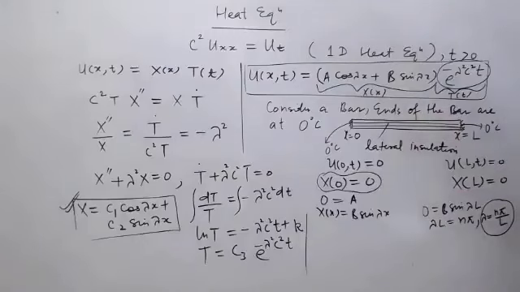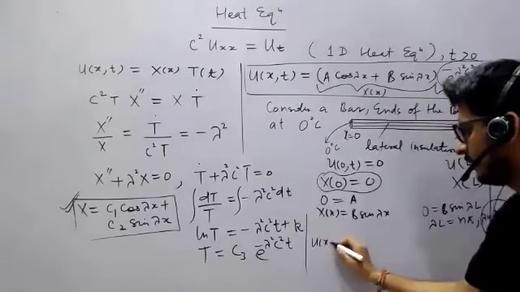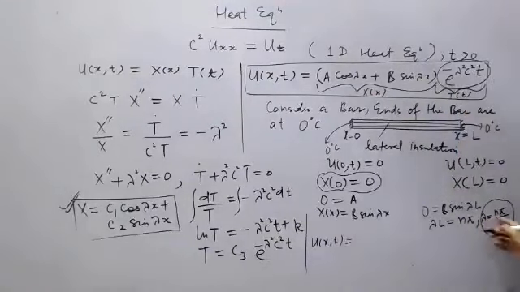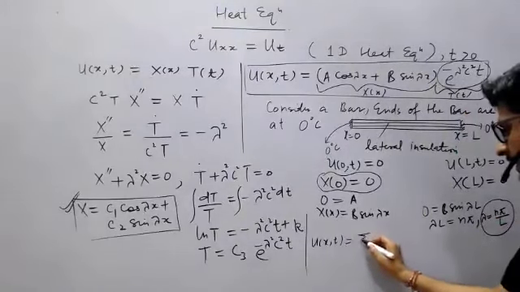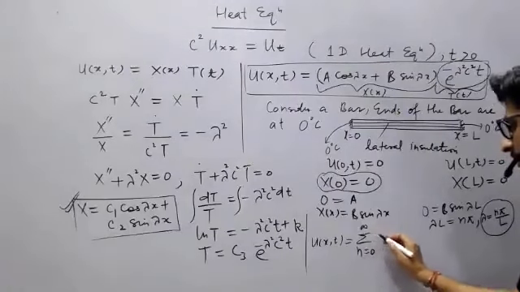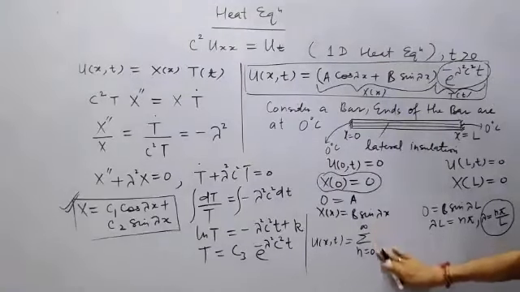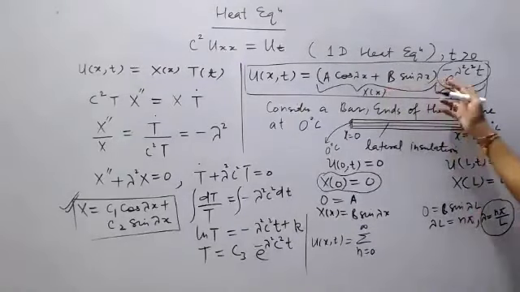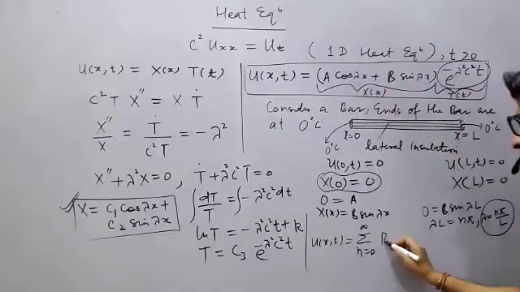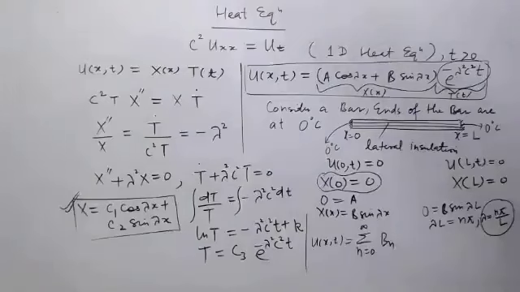The constant is adjusted here. So my solution will become u(x, t) equal to, now because there are many values of n, I will have to take the linear combination of all, so it will become the sum from n equal to 0 to infinity. And please see this, that a is gone, so only b will remain, so just write it as bn, and e to the power bn, sine of n pi x by L,